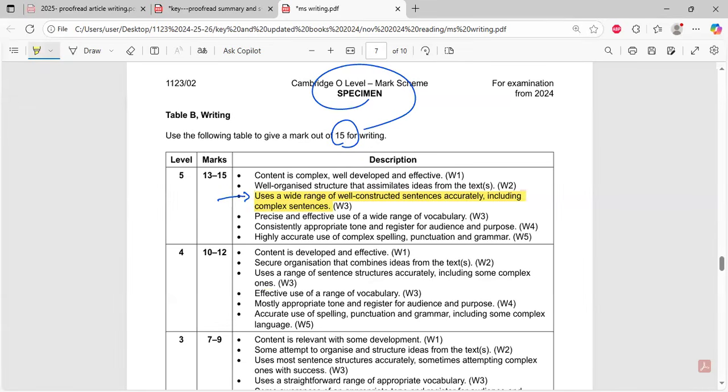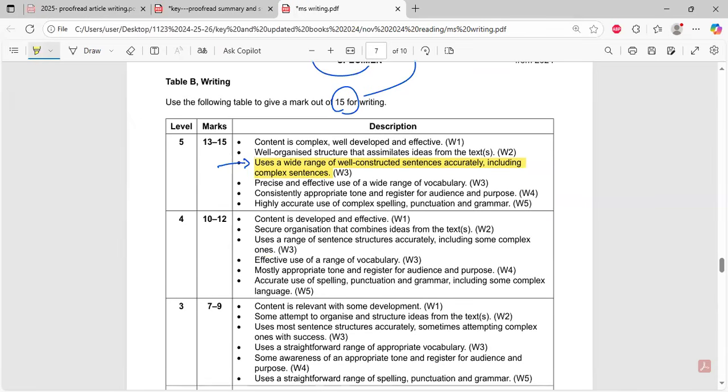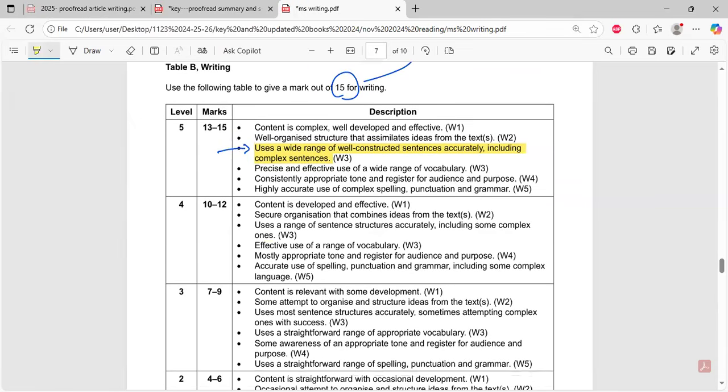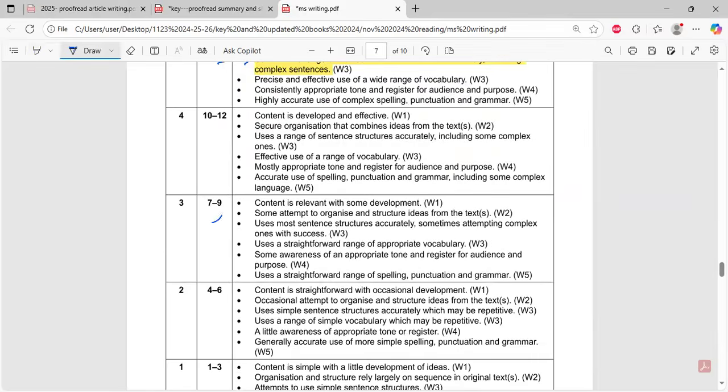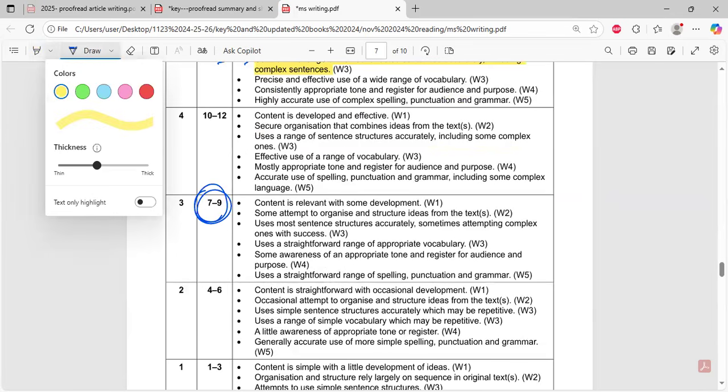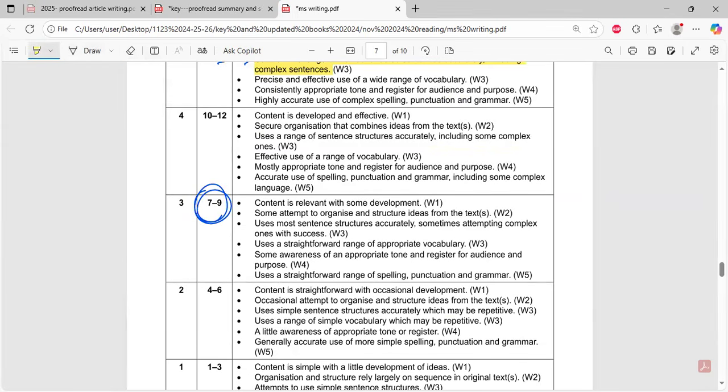I'll show you the same marking scheme for the reading paper. Even in the reading paper, when you are doing your summaries or when you are doing articles, you need complex sentences. Let me finish it up in the writing marking scheme first. So if anyone is of the opinion, forget it, why should I do so much effort? Even if you want 7 marks, which is half of 15, examiners still expect that you should be able to attempt, sometimes at least try, to do complex sentences with success. So at least sometimes make some correct complex sentence. If you cannot make it in all your write-ups, at least give it a try.